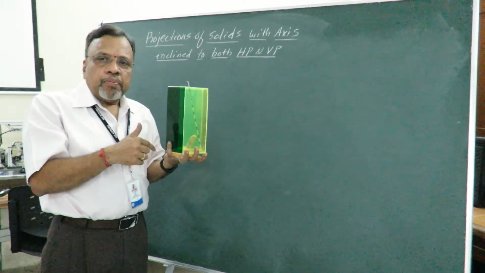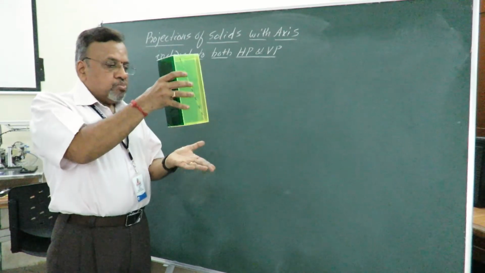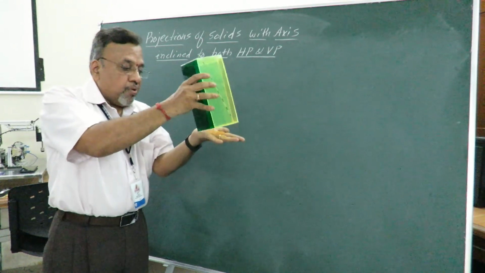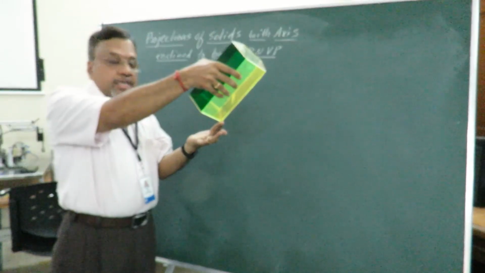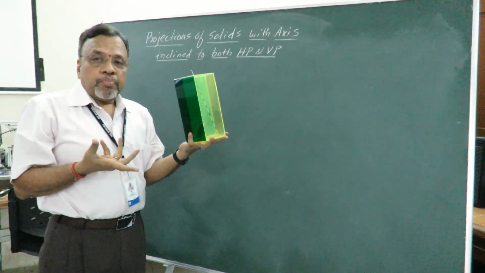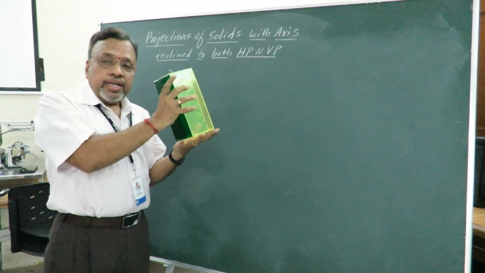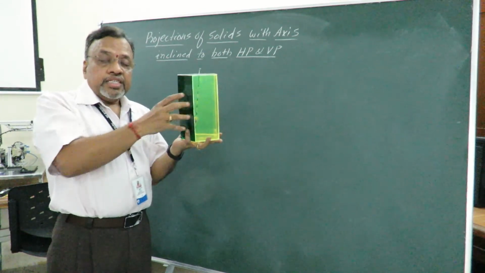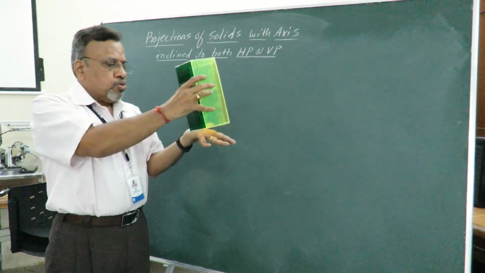Based on the problem statement, I will be doing the problem in one of the cases. Is it okay? And especially remember, this pentagonal prism is irregular, not a symmetrical figure. Because if I orient in this way, it will rest on HP. If I orient in the other direction, it rests on VP. So you should be careful. But if you have a symmetrical figure like a square prism or a hexagonal prism, in those cases I can orient in either this direction or that direction.